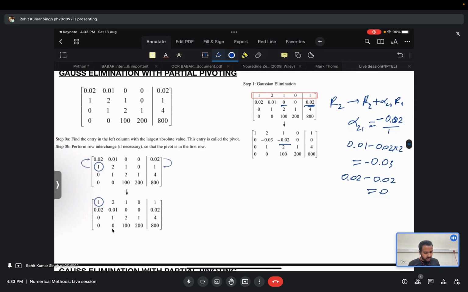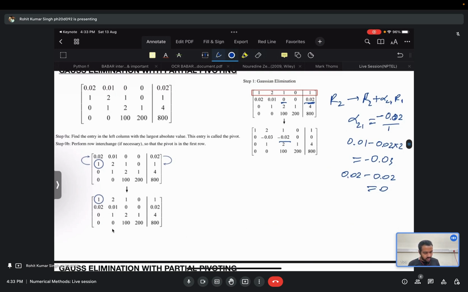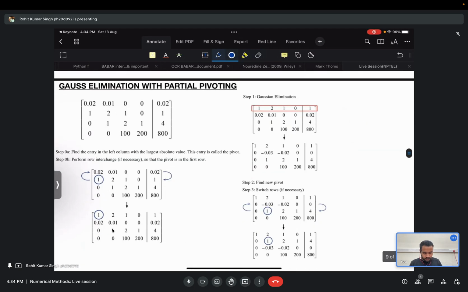Now after you get this matrix after Gaussian elimination, you don't perform this operation, alpha 31 R1, as you used to do with the naive Gaussian elimination. This is not done here, okay? Before doing this step you need to check whether the new matrix requires the pivot exchange, partial pivoting or row exchange. Okay, so you see